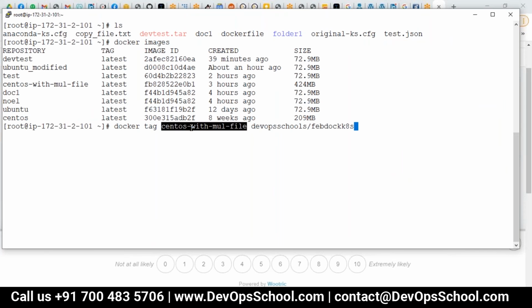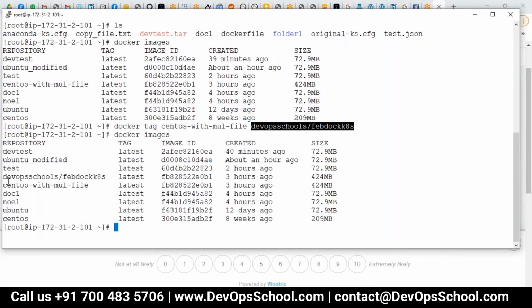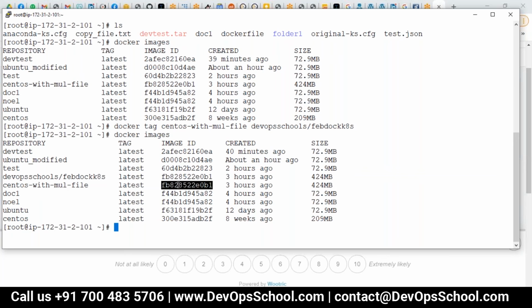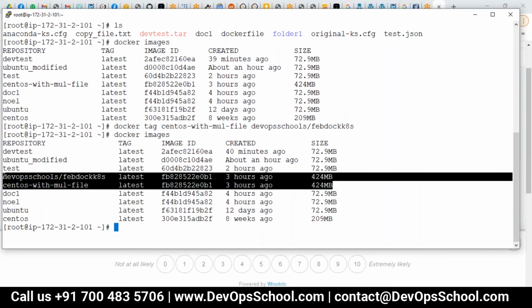So this image, which is in local, I'm tagging with a different name, the one which is expected. Now if I see here, this image and this image are the same image, but the repository name is different. That's all, nothing else. I did not duplicate the content. It's just tagging, just referencing the links.